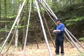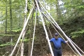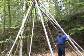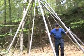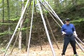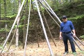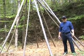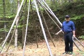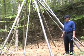Now, the advantage to this kind of structure is that you can put a fire inside of it, and depending on the covering, it can have a great deal of thermal gain. I'm not a guru, I'm not some wilderness guide, I'm not going to give myself the name White Wolf and be flying around out here posing. My thing is just this: I've had to live in a lot of gruesome spots, courtesy of your tax dollars,